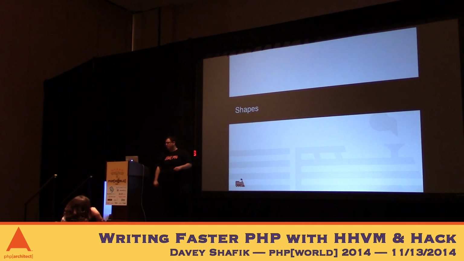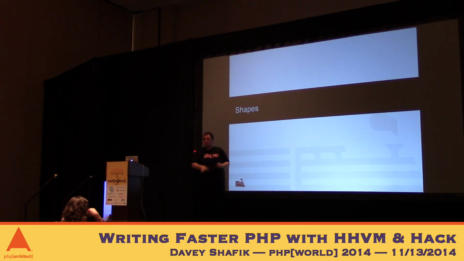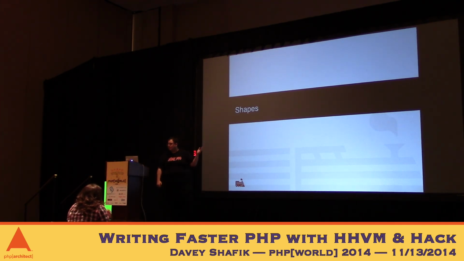Another cool feature, sort of similar to the collection stuff, is shapes. So it's basically tuples but with predefined structures, not predefined keys or value types, but actual structures to them. They can be used as a form of validation, and this is what I found to be really, really cool. It ensures integrity of this larger data structure. Like you can say this is an int because it's typed as an int, we know it's absolutely an int. But what do you do with these larger array structures that we have in PHP? How do you type those and have integrity to them? And shapes is the answer to that.